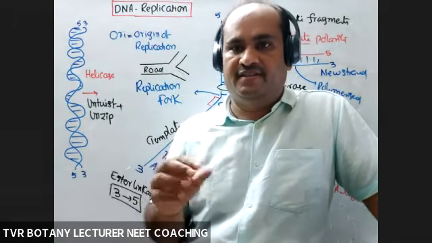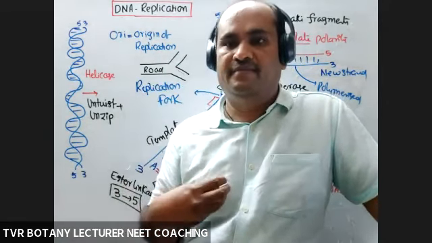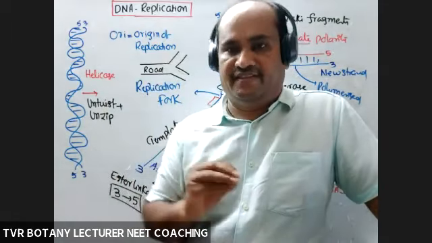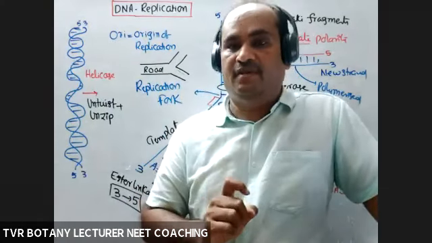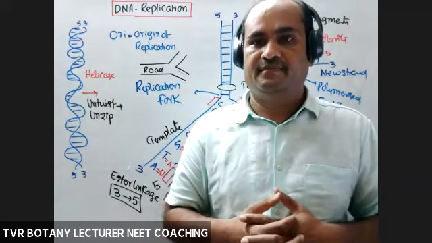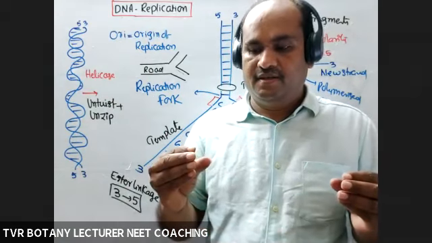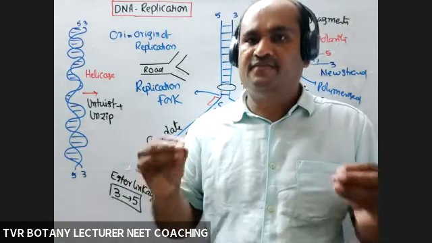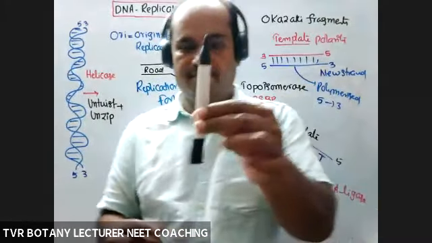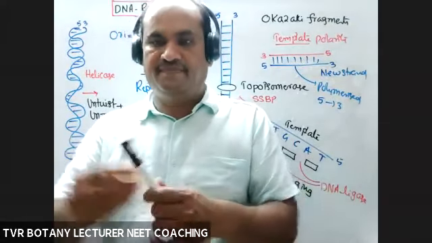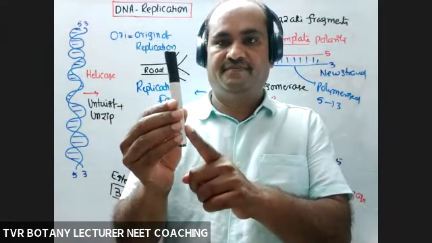Actually, in biotechnology, for example, we isolated a gene from a human being. That gene codes for insulin, for example. How many genes are available? Only one copy is available, but we need thousands of copies. What do we have to do? Clone it. What is a clone? Clone means a genetically homogeneous population from a single one. For example, this is one gene, a black colored gene. Only one gene is available, but we need thousands of copies. What do we have to do?